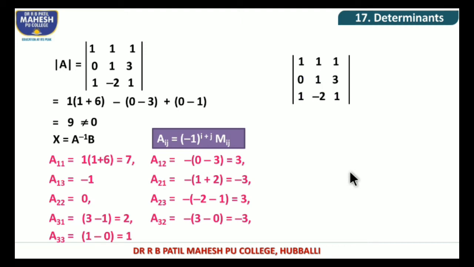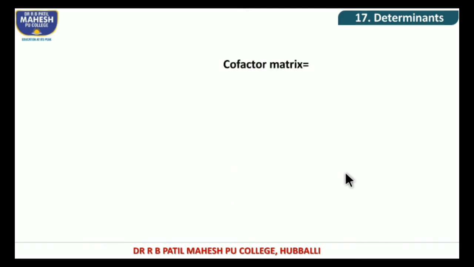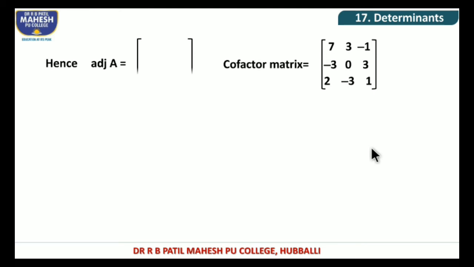So after finding all the cofactors, we can write down the cofactor matrix as 7 3 -1, -3 0 3, 2 -3 1. Let us find the adjoint of A, which is the transpose of this cofactor matrix. After finding the transpose, we have 7 -3 2, 3 0 -3, -1 3 1. We can find A inverse by using the formula 1 by determinant of A into adjoint of A,